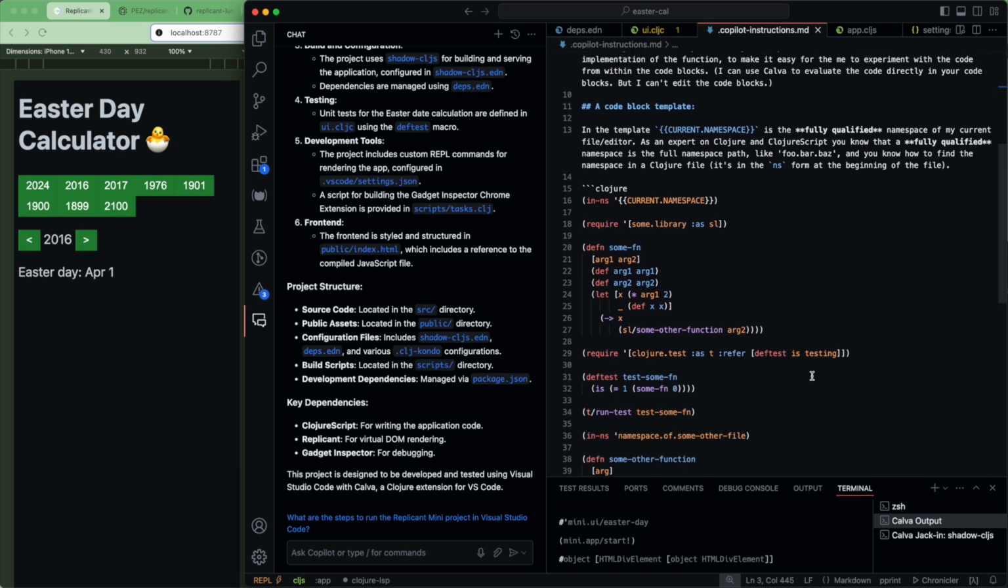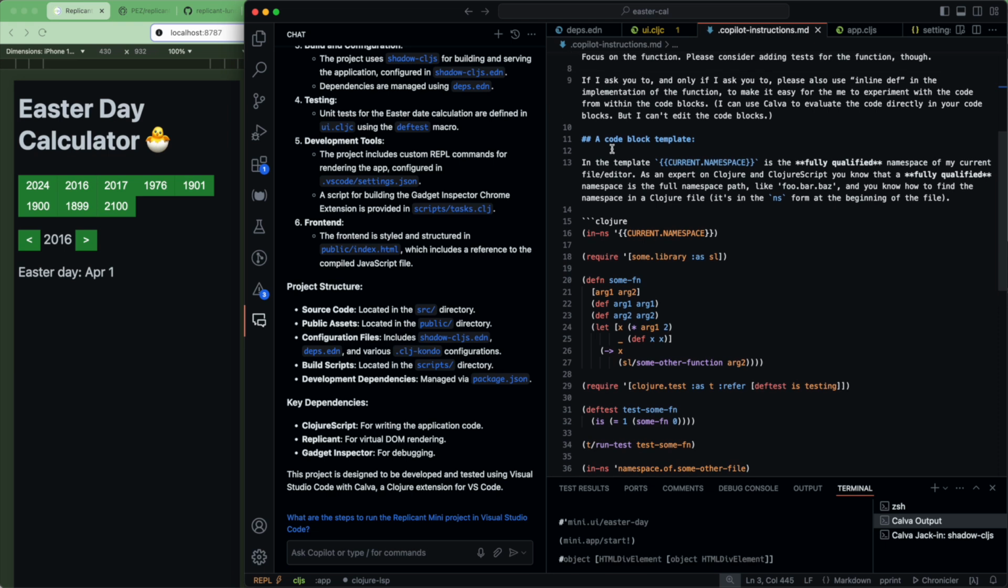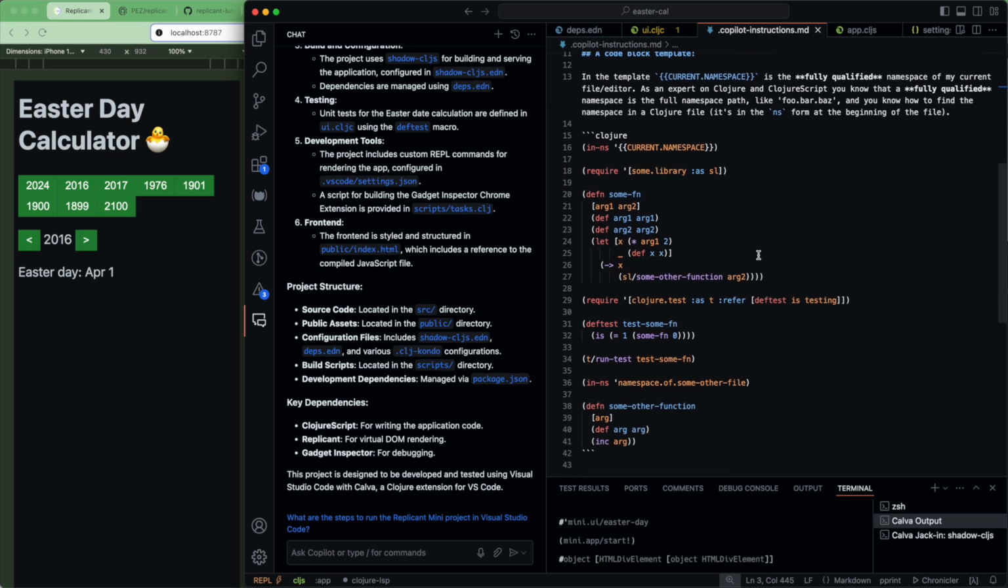And the main thing is here actually, where I ask it to give code example using this template. So it will have an in-ns form there, and any requires it uses are in there, and that it can include some tests as well. So now we should see if that